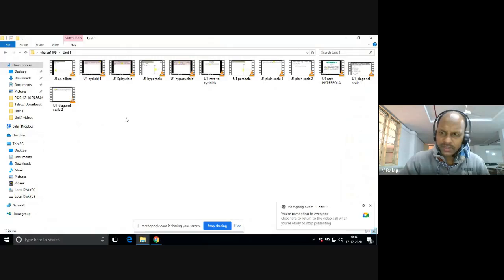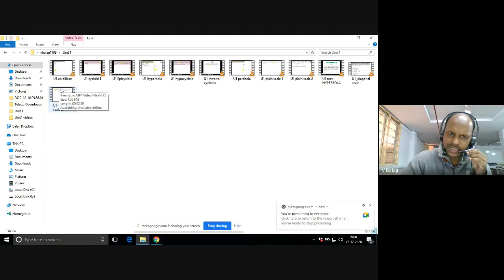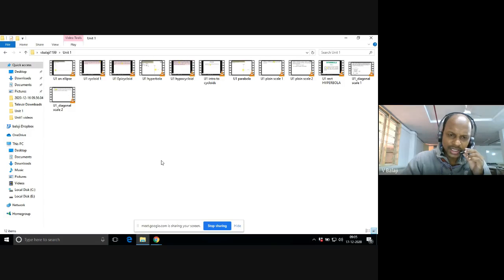So in unit number one, we have so many things to draw on the drawing sheet. Remember, ellipse, cycloid, parabola, hyperbola, so many things. Scales, construction of scales, plane scale, diagonal scale. Cycloidal curves: cycloid, epicycloid, hypocycloid, and so on. So before going to that,